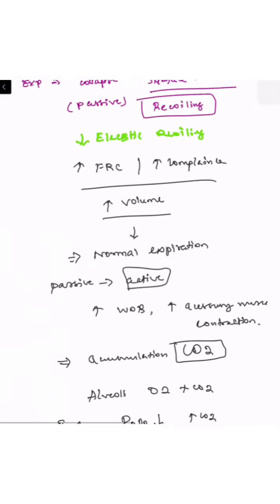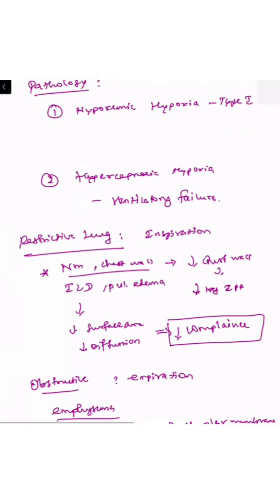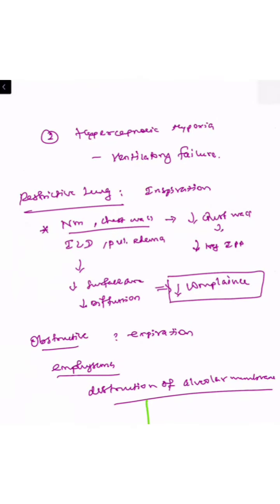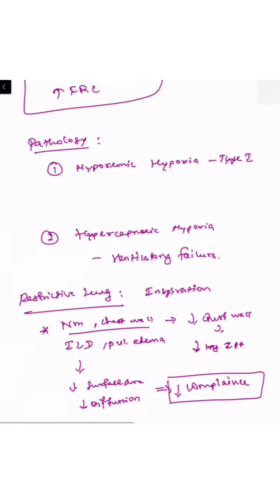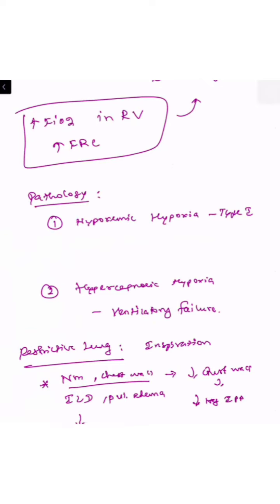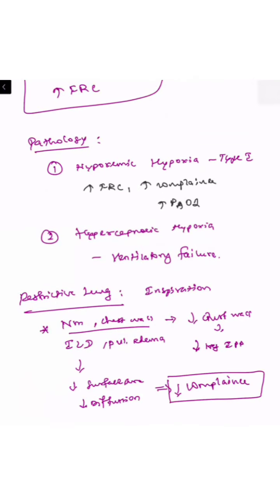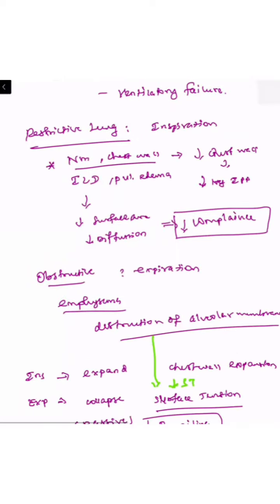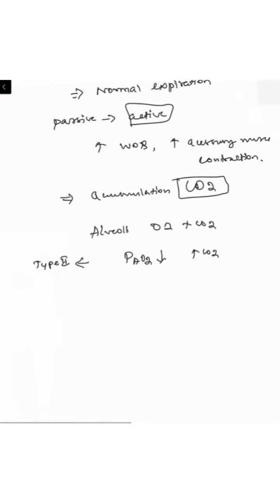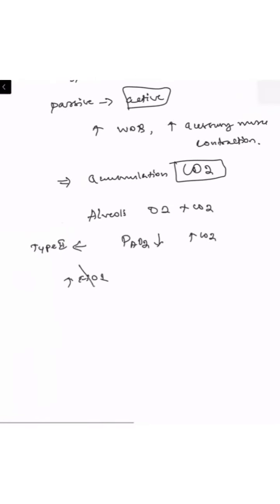So what we are going to do is increase the positive pressure or increase the functional residual capacity in type 1 by increasing the compliance. So we are increasing the PaO2. So this will correct the hypoxia. But in type 2 respiratory failure, we don't need to increase the FiO2 or we don't need to increase the pressure,